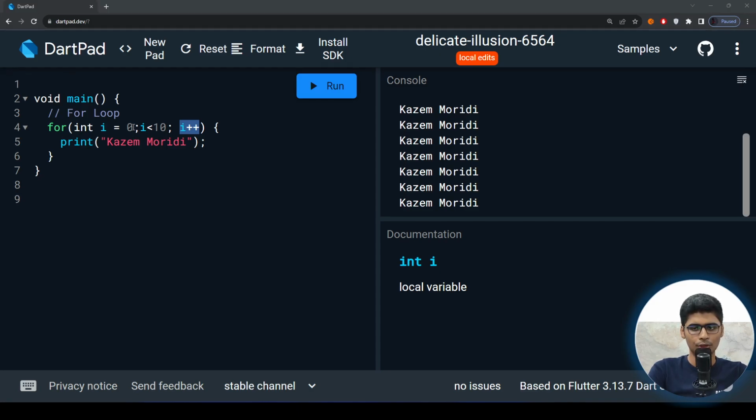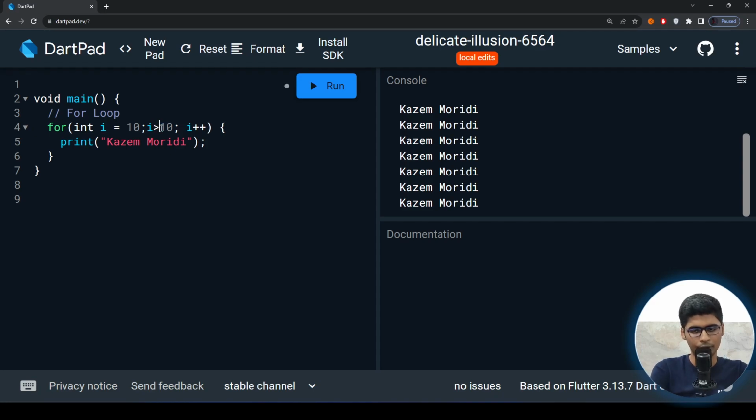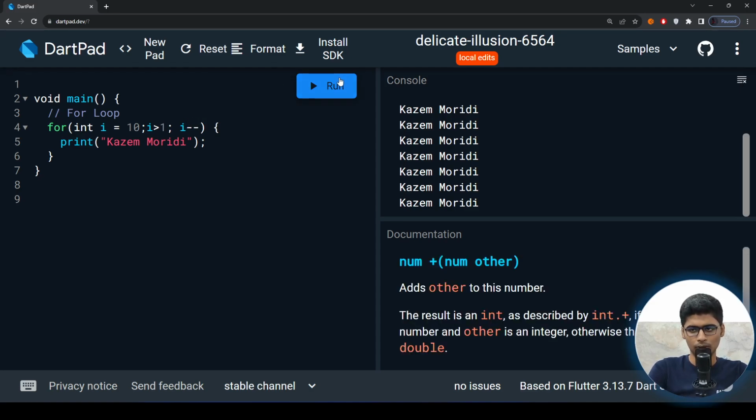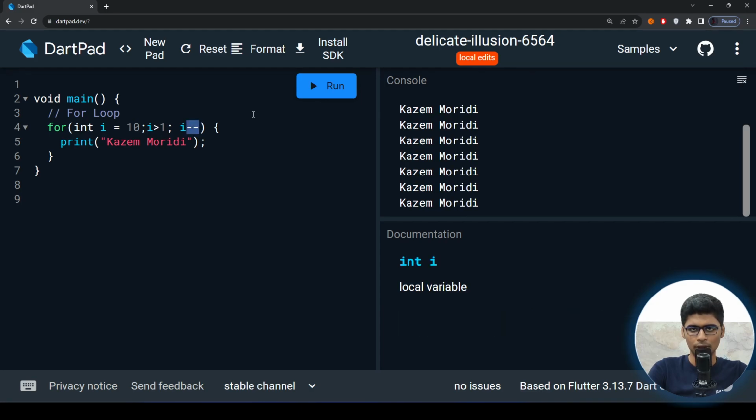We could also change this. For example, I want to set 10 as the starting point, and while i is greater than, for example, 1, decrease the amount of i. So after each time the code is printed, you need to decrease i by 1. Everything is possible for this, but first you need to initialize the variable, then set the condition, and then decrease or increase something that eventually makes this condition fail,